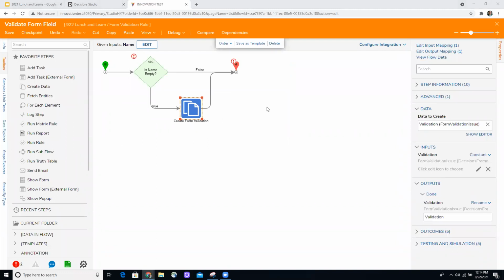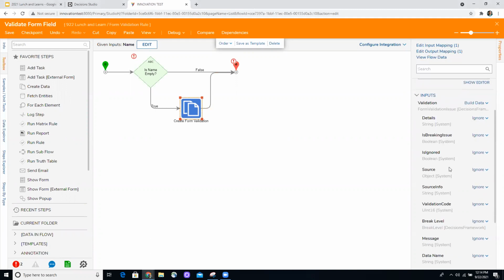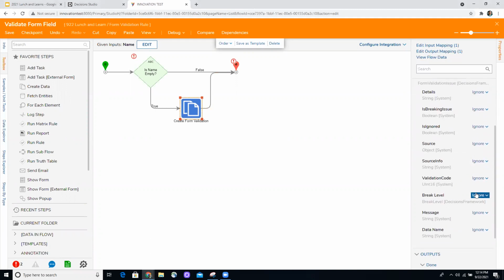So next step on this create data, I want to do a build data. The break level, I'm going to set that to a constant of fatal. Then I'm going to take the message: you must enter a name to close.